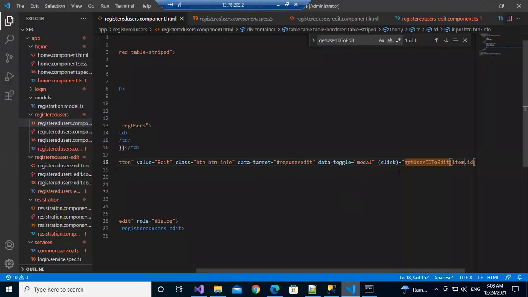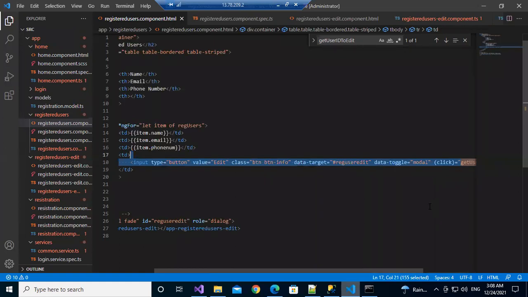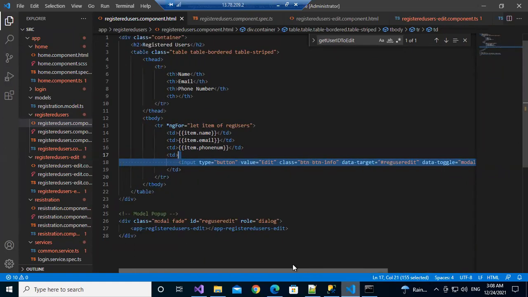Okay, so already it is the binding right here. Already braces are there, so no need to write interpolation here. Inside a function, no need to write interpolation. You can simply give it like this, item dot id. Okay, now id is came. Everyone understand as of now how to get id? Everybody taking the steps?